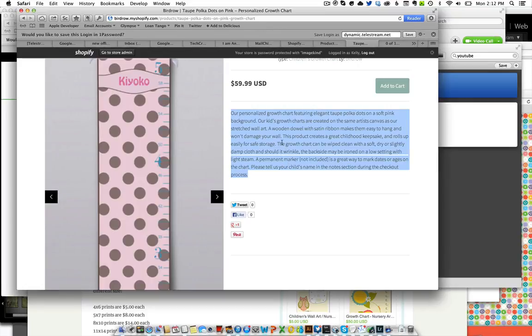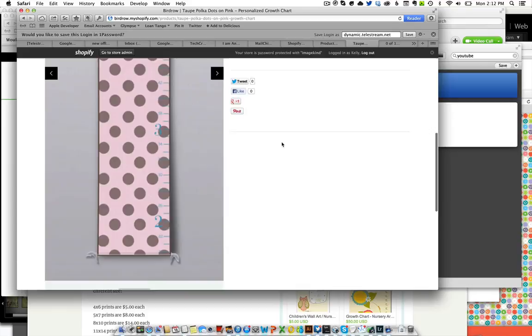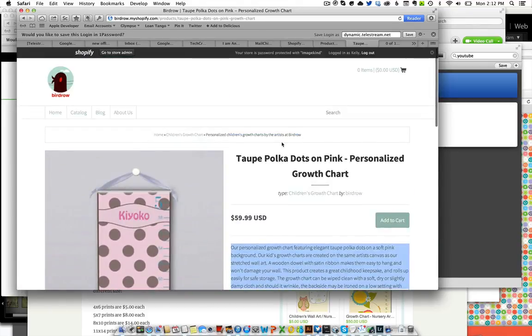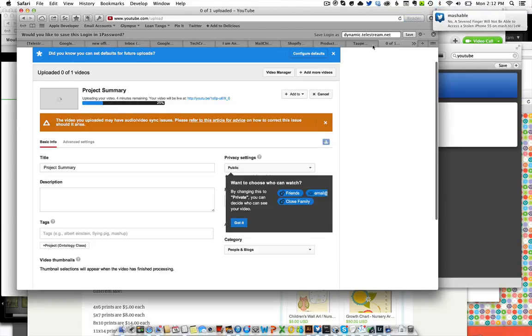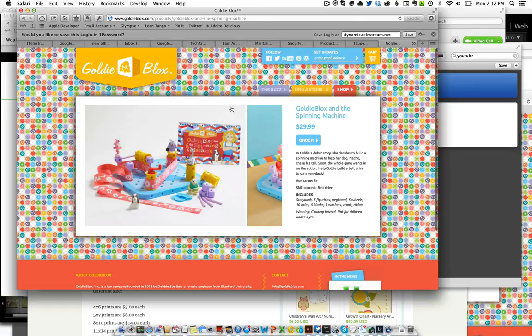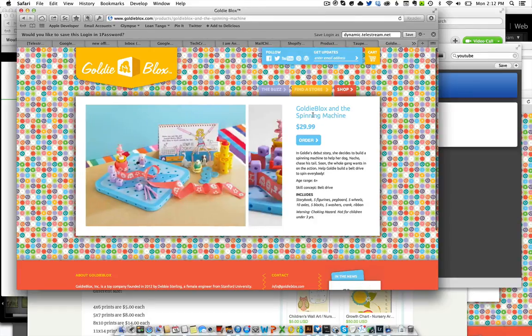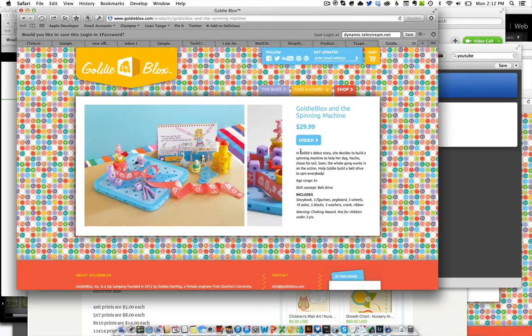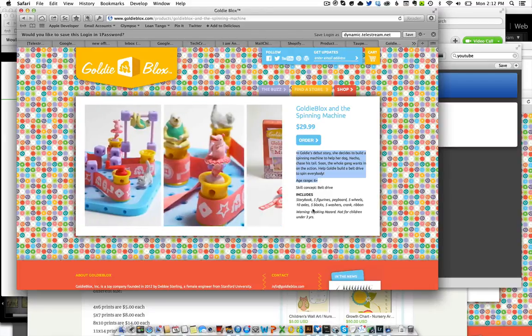We want to be thoughtful about what we do here so that we get the best benefit with search engine optimization. For example, this title, Polka Dots on Pink Personalized Growth Chart, is probably just fine. Now, you'll basically end up with nice descriptions, just like you might with any other sort of e-commerce site. This one here sells children's toys, and you can see we're basically looking for a certain amount of descriptive content,